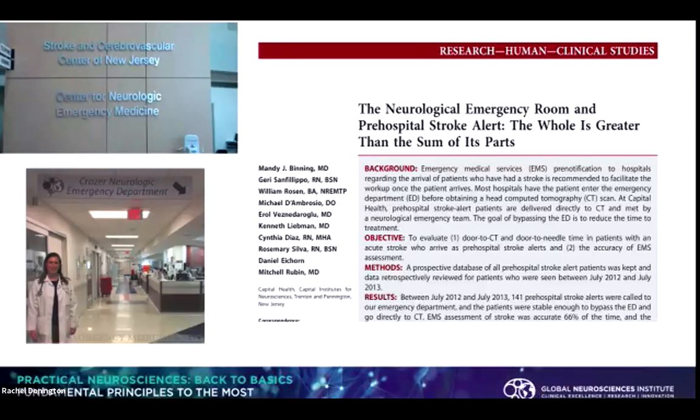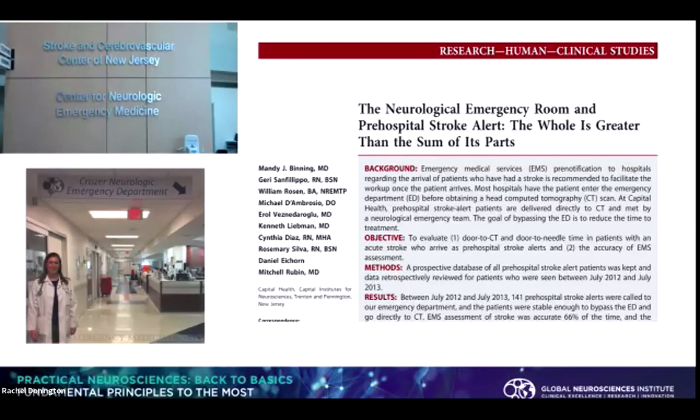I will tell you as of today, and you're going to hear about it later, here at GNI we're giving IV TPA up to 9 hours. And it's not part of a trial, it's not part of a study. We're doing best practice because the data's out there, they're doing it in Europe, and I can speak for most people that if you or your loved one comes into the emergency room with an acute stroke and there's really good data saying we can give you IV TPA, even though it's after 4.5 hours, and at the very least it's safe and there might be a clear benefit, I think most people would go for that.